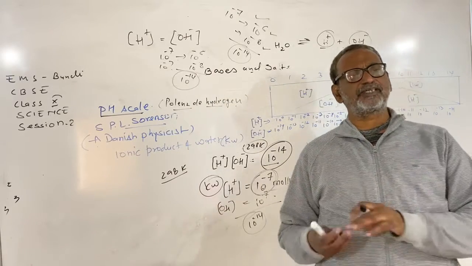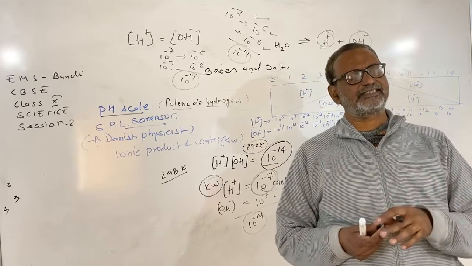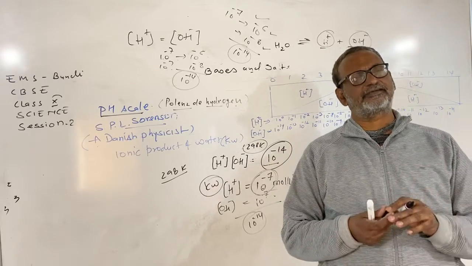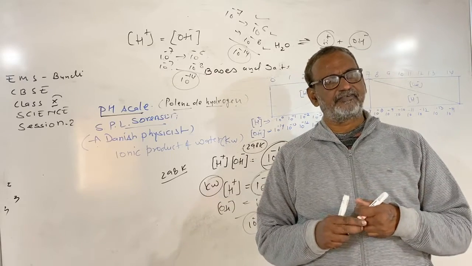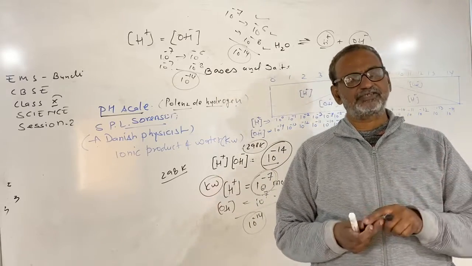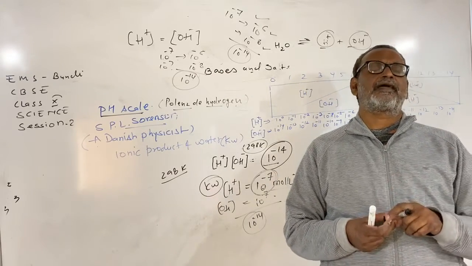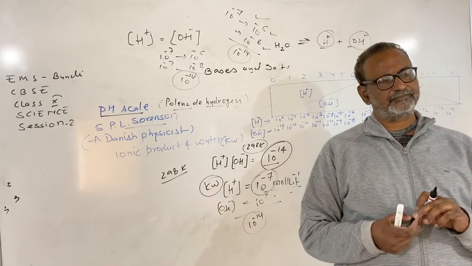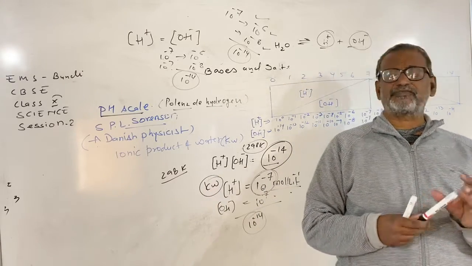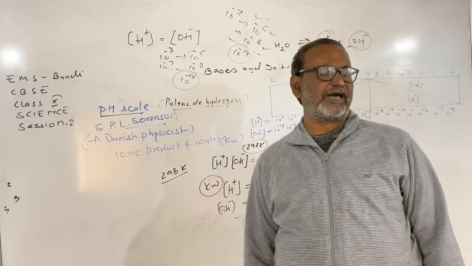It is clear from this illustration that a solution, whether acid or base, contains both hydrogen ion as well as hydroxide ion. Difference is an acidic solution contains hydrogen ion in greater concentration and a base contains hydroxide ion in greater concentration. On the basis of this fact, a Danish biochemist, rather,